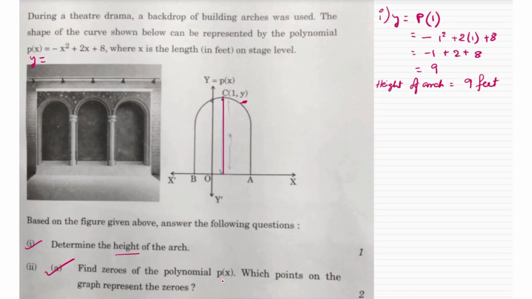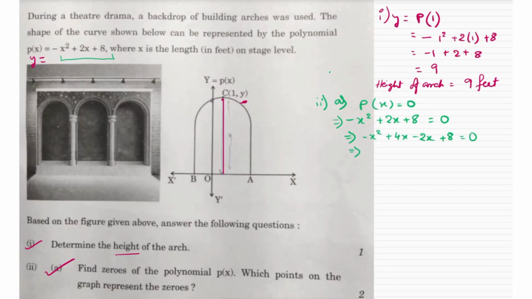Next, we have to find the zeros of the polynomial p(x). In order to find this, we have to factorize the polynomial p(x). So, we will first write the polynomial equation and equate it to 0 to find the zeros. Then we will factorize by middle term break. Here the middle term break is 4 minus 2. Now grouping and factorizing, we get,